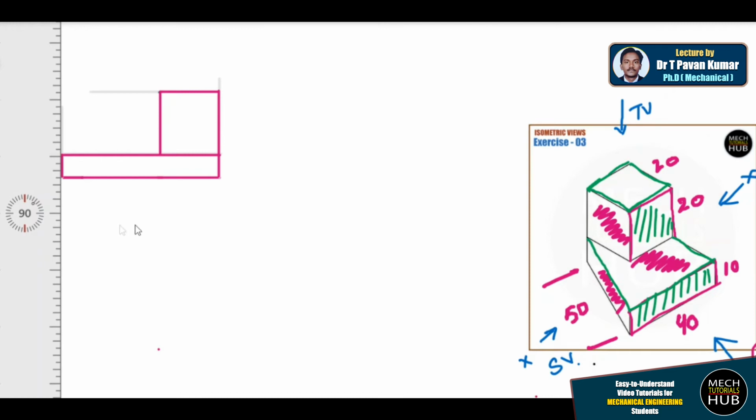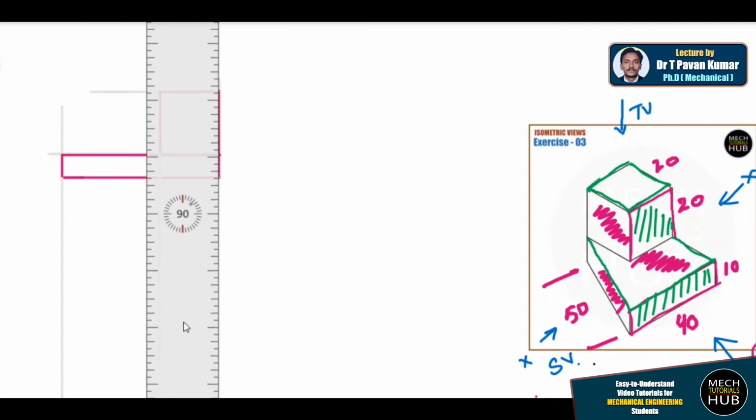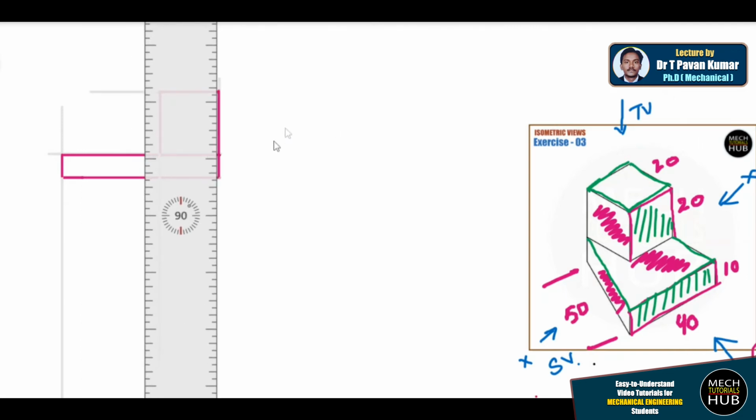Now again drop extensions up to infinite distance at every instant or at every intersection, vertex point, meeting point. That will help you draw the rest of your views.